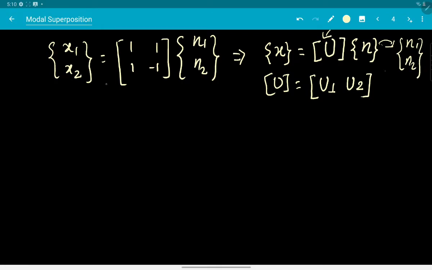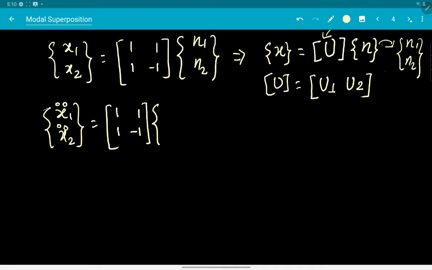In a similar fashion I can write down the acceleration vector in this way. Now this mode shape matrix will remain as is, because it is not dependent on time, so it will not be differentiated. It is a constant which comes out, and the time differentiation is accommodated on these contribution coefficients. So this is the displacement vector, this is the acceleration vector, and now we invoke the equation of motion that we have.